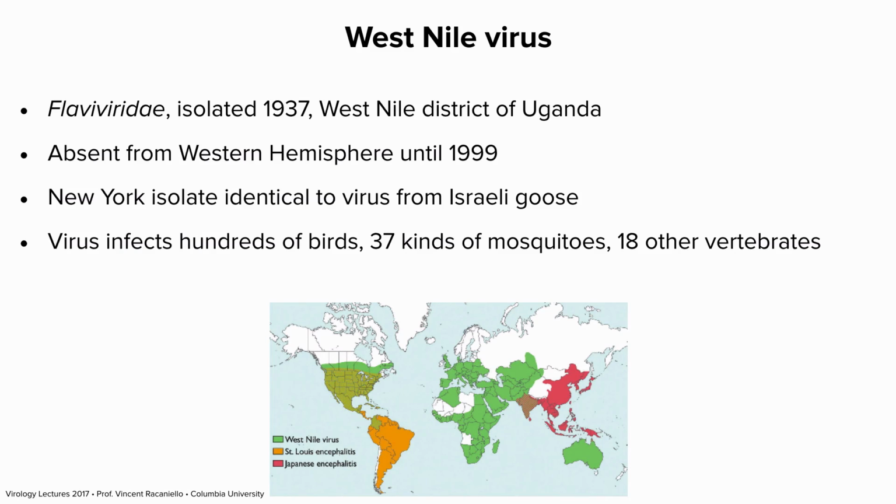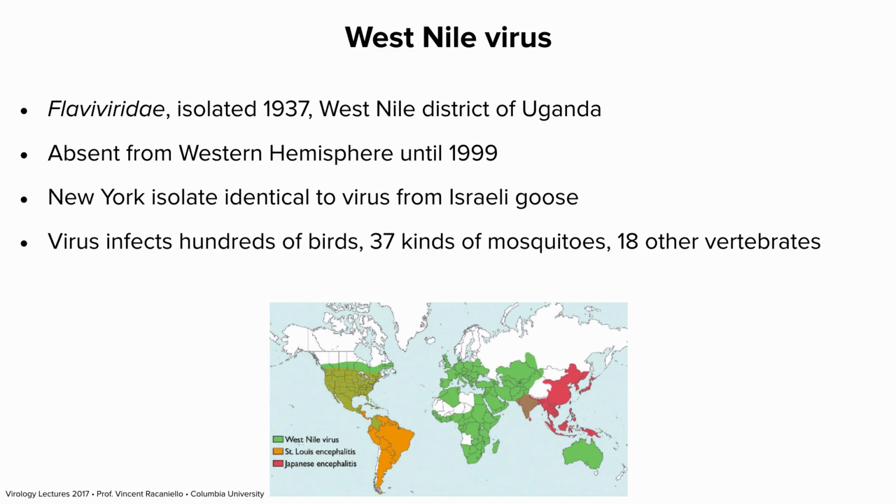West Nile is a member of the Flaviviridae, first isolated in 1937 in the West Nile district of Uganda, not the Nile of Egypt. Anyway, we didn't have it in the Western Hemisphere. It was only infecting Asia, Africa, and European countries. In 1999, it came to the US, and here it came to New York City. In the summer of '99, there were